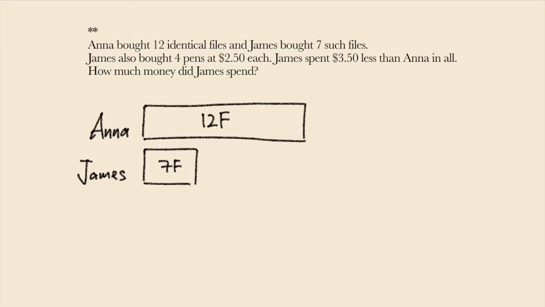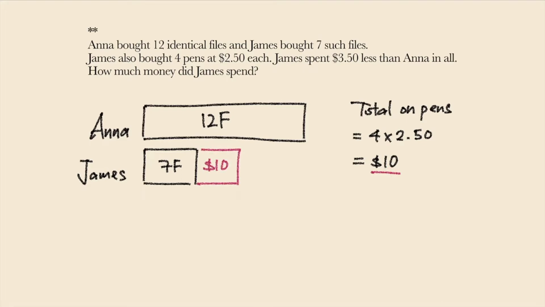So Anna bought 12 files and James bought 7 files. So these are of the same files, just that it's 12 up here and 7 down there. Now, he bought 4 pens. Now, that's a different object, but thankfully, they told us it's $2.50 each. So we can find out how much dollar value was actually spent. And it's $10 spent by James. Okay. Now, James spent $3.50 less than A in all. So this is a difference of